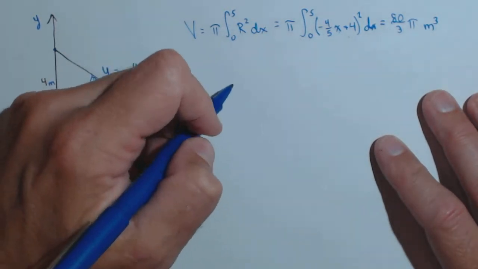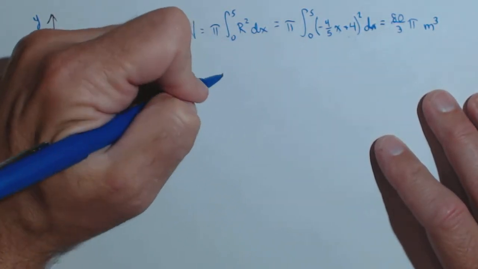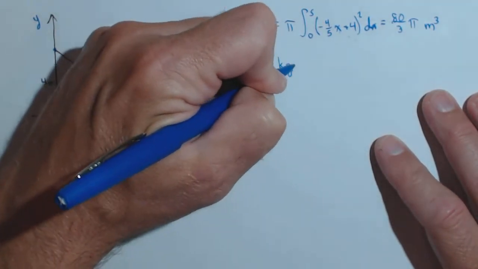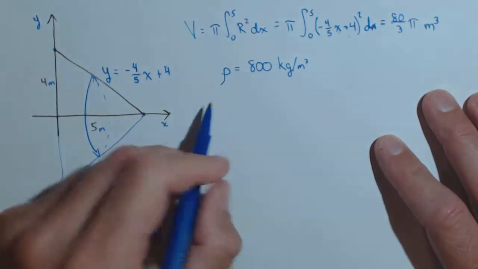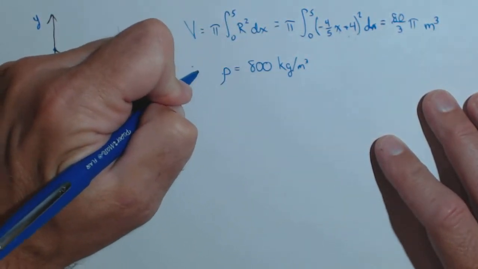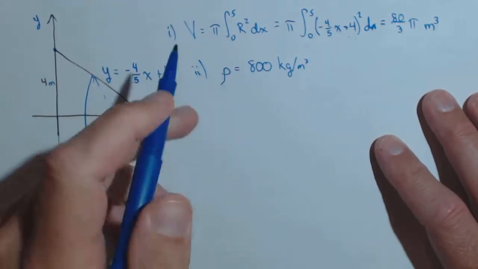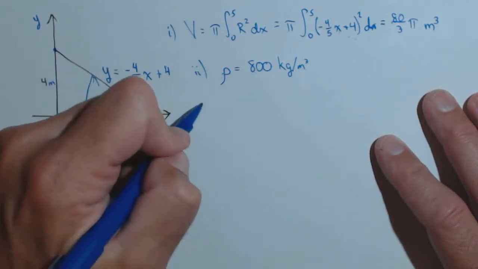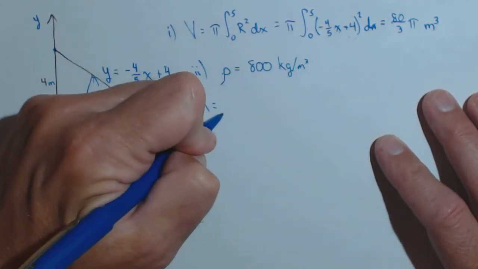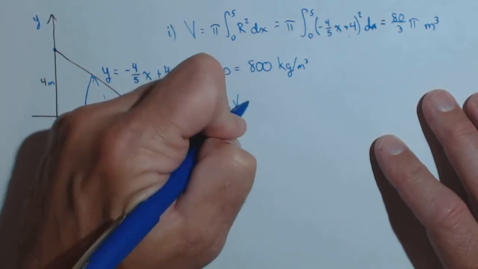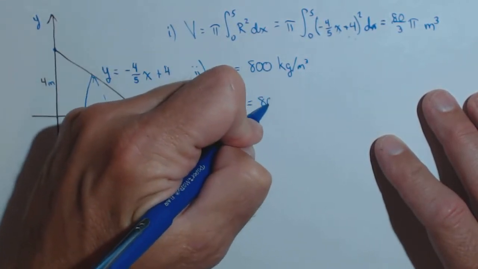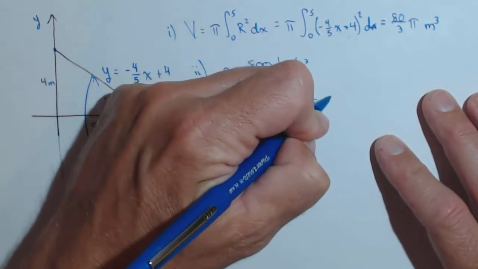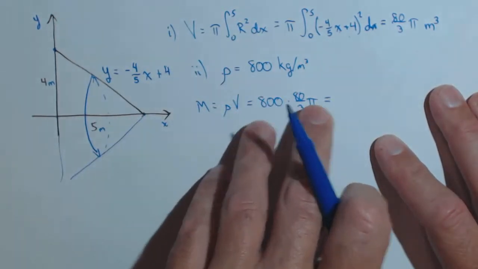Now, let's say we had a constant density of 800 kilograms per meter cubed. So this we'll call part 2 here. This was part 1. Well, if the density is constant, you need simply multiply it by the volume to get the total mass. So 800 times 80/3 pi